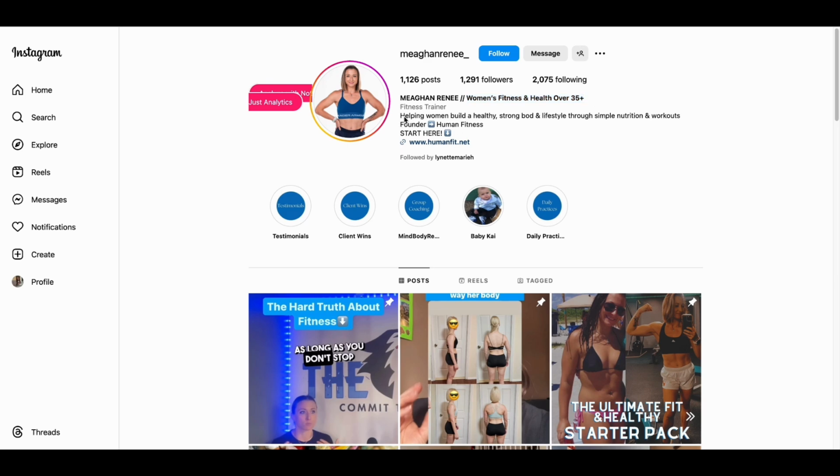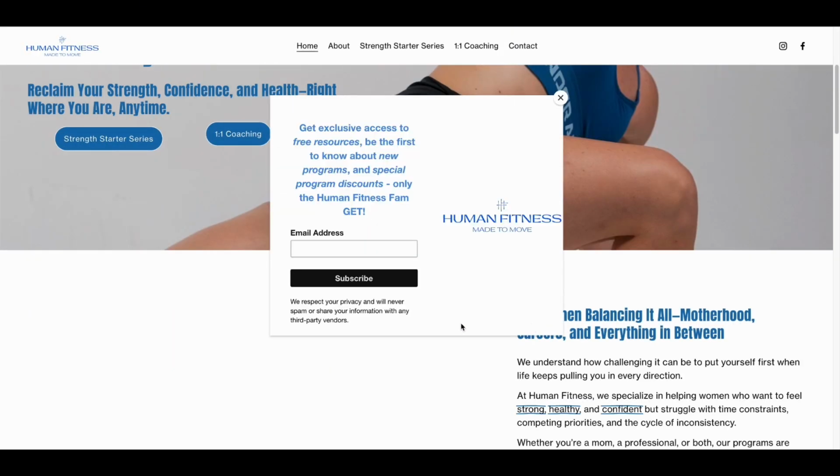And the bio is also optimized, but we can change it to make it even more optimized. So I suggest changing the bio. Next, they also have a call to action, which is good, but it is too general. Let's look at their website.